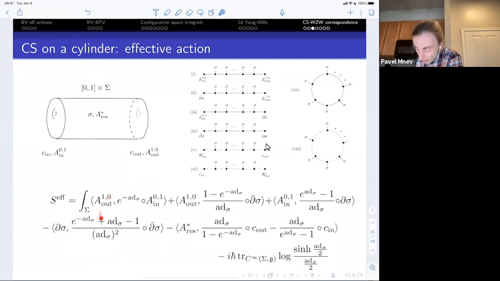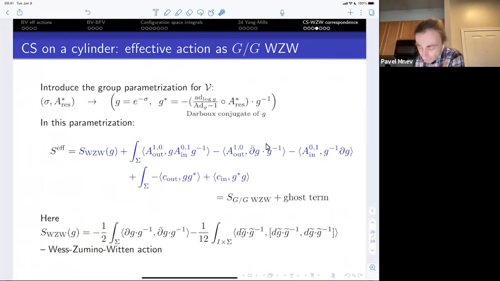There is some answer that you get here, which might look a little bit intimidating, but actually transitioning to a convenient parameterization of the space of residual fields, namely the group parameterization, so the exponential of the sigma field and some reparameterization of the second residual field, so that together with this group field, they form a Darboux pair. So G is a mapping from the surface to the group. Then what we get is something